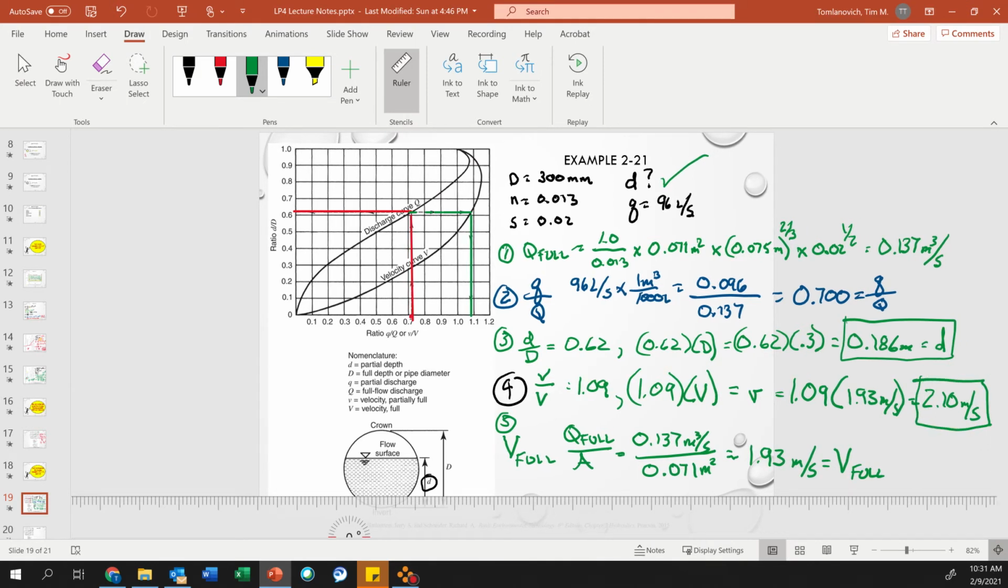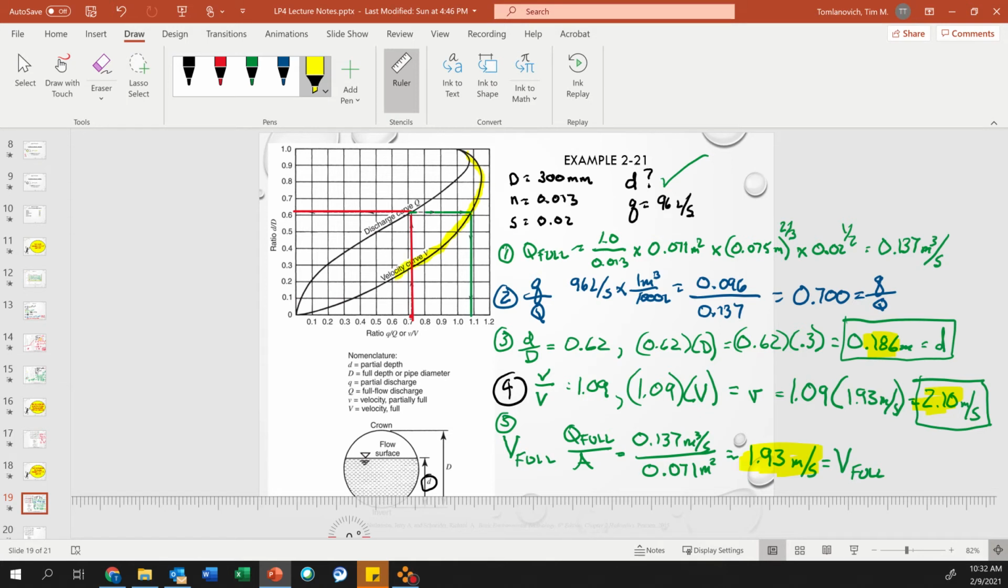Okay, now I want you to notice something. My velocity of the pipe flowing full is 1.9 meters per second, but at a partial height of 0.186, it's actually 2.10. Interesting, isn't it? The reason why is, if you look at these curves here,